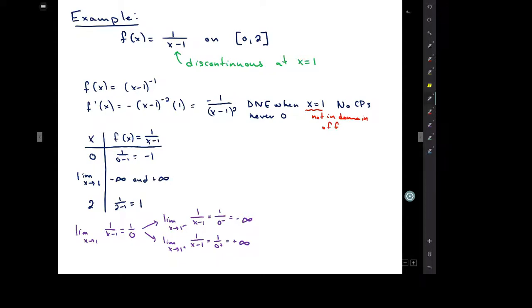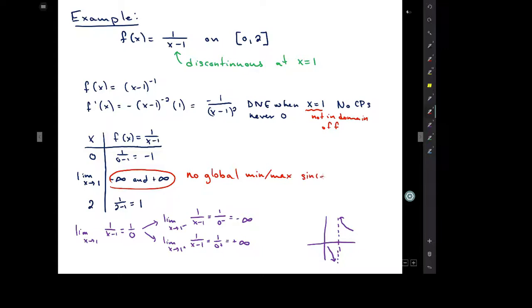So visually what that looks like is at x equals 1, here's 1, I have a vertical asymptote, and to the left my function goes down, and to the right my function goes up. That's what that looks like. So the fact that my function gets infinitely large in both the positive and the negative direction means that I have no global min or max